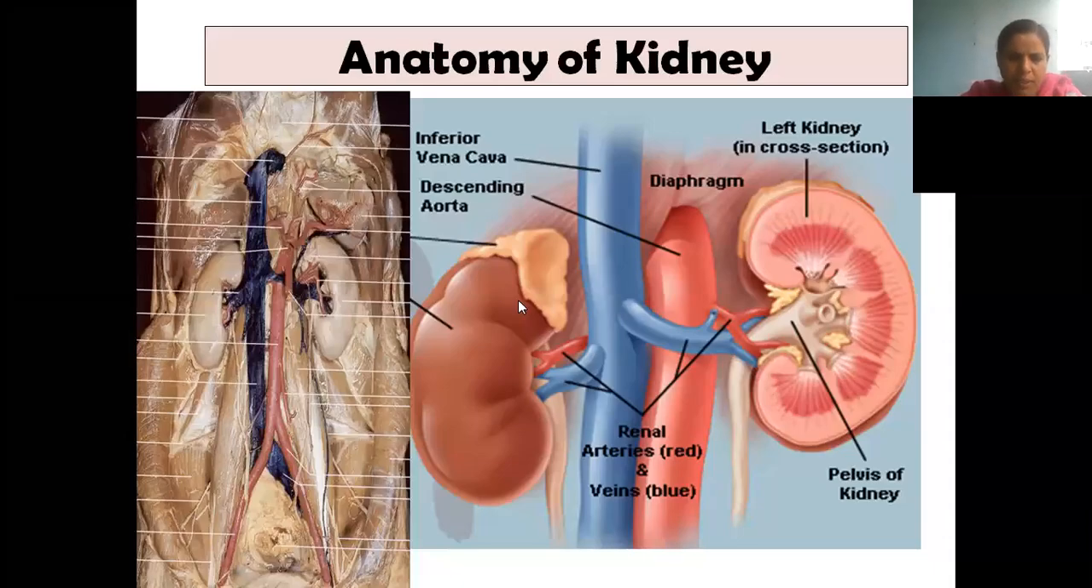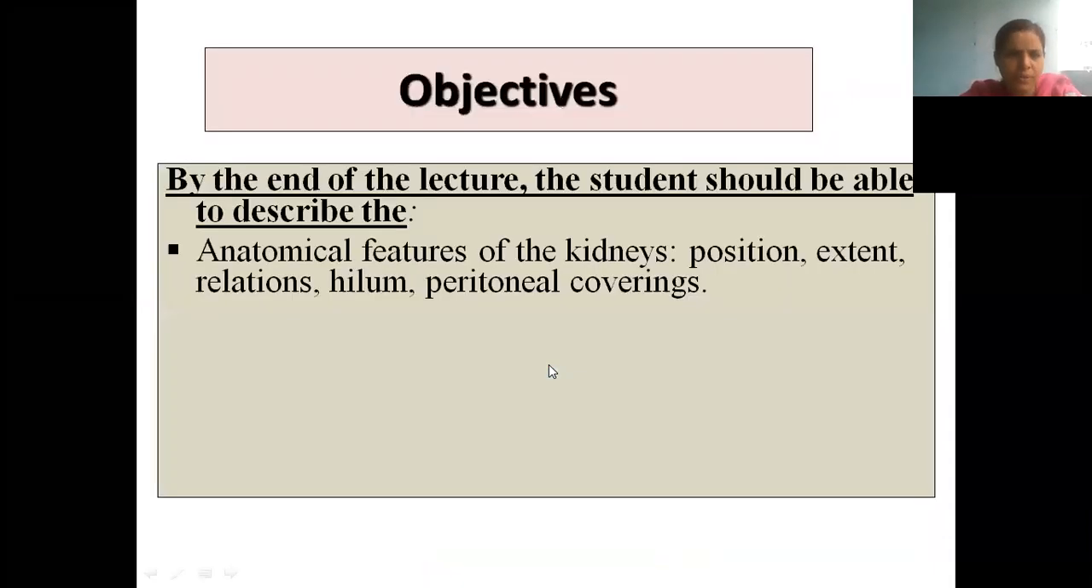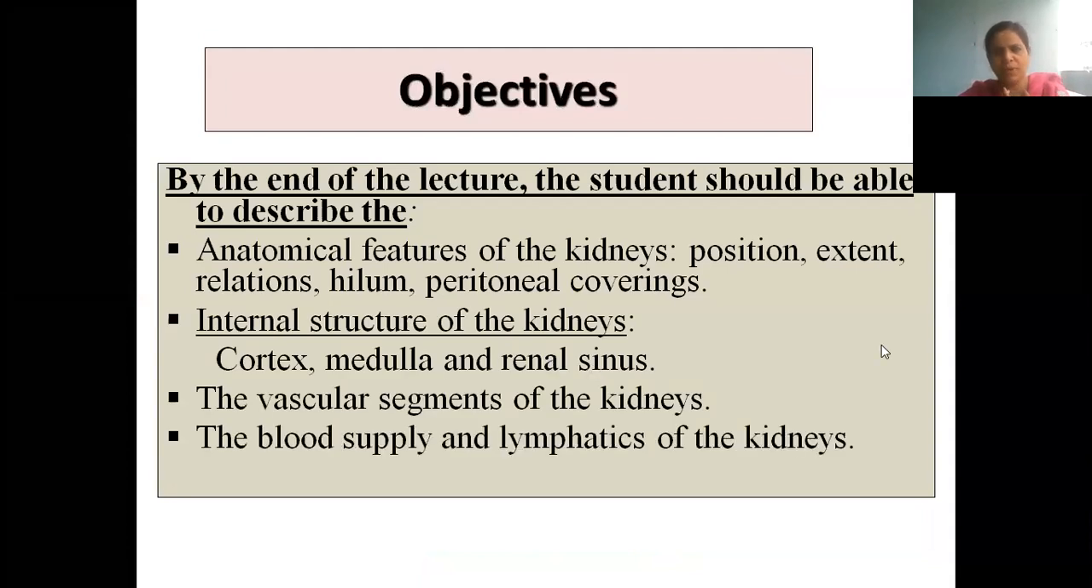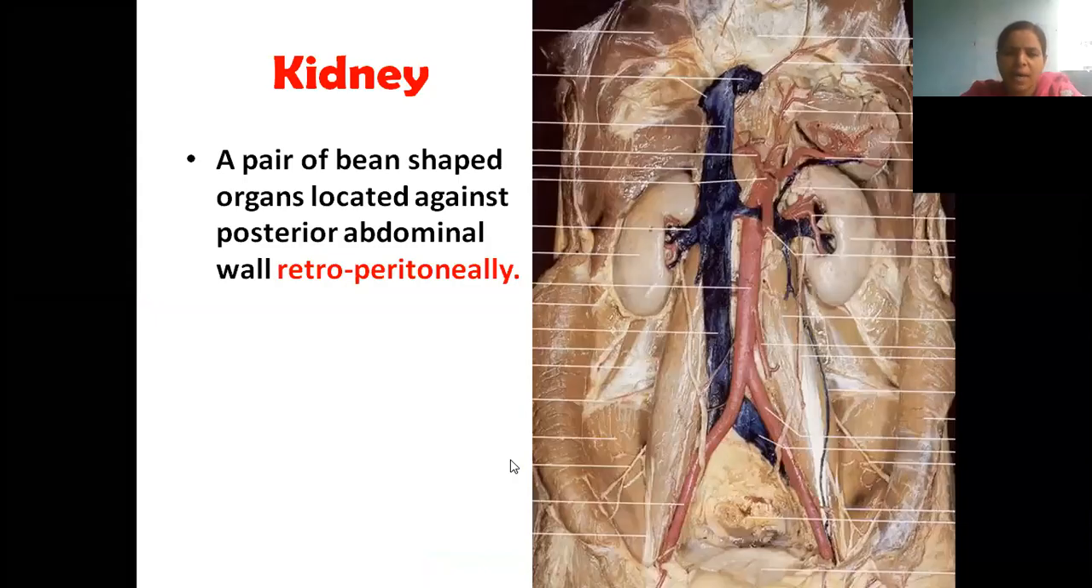Now coming to the anatomy. Under what headings will the question usually be asked? We should know the anatomical features of the kidney. We should know position, extent, relations, hilum, peritoneal coverings. We should know the internal structure, cortex, medulla, the vascular segments of the kidney, blood supply, lymphatics, and also applied